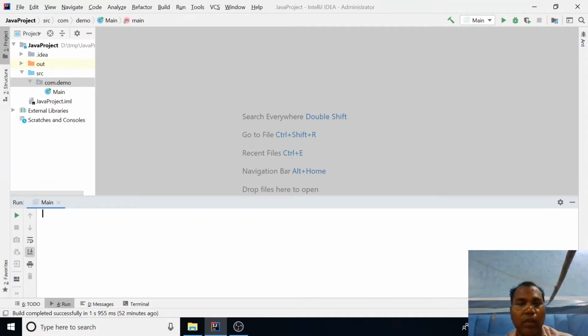So, first, I am going to write one simple program. Through the program, I am going to detail out what is the basic syntax of creating an array in Java. So let's create one simple class.